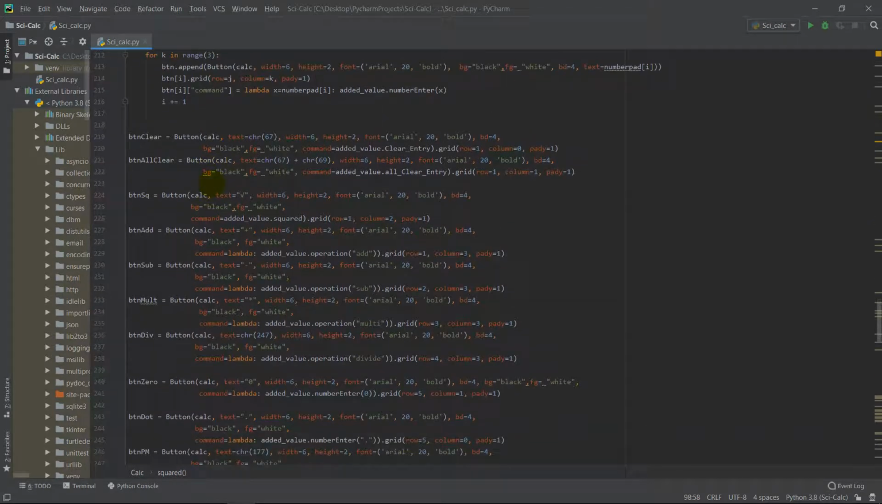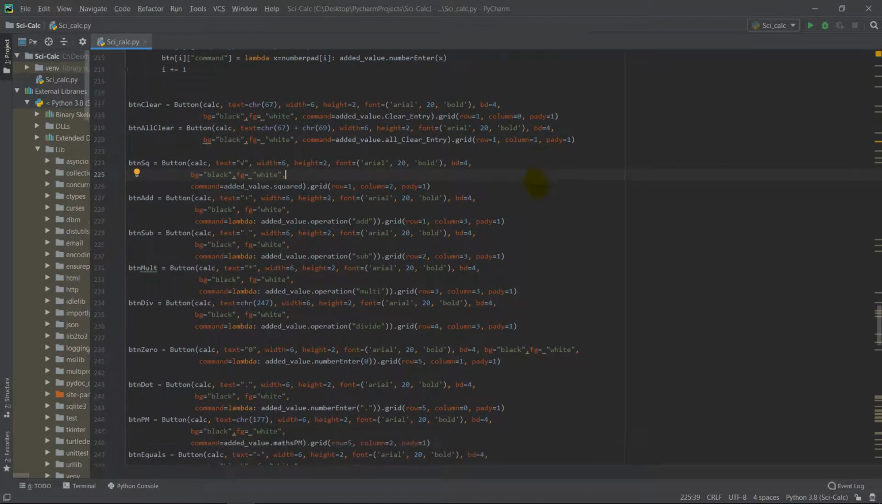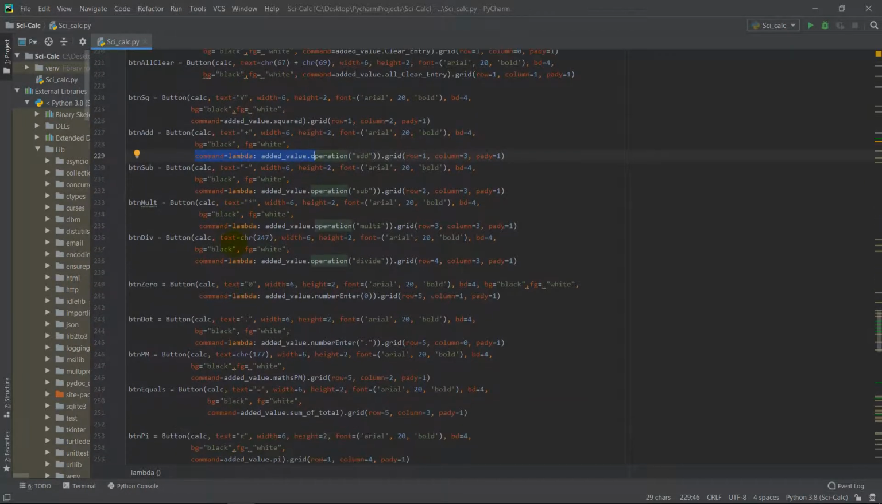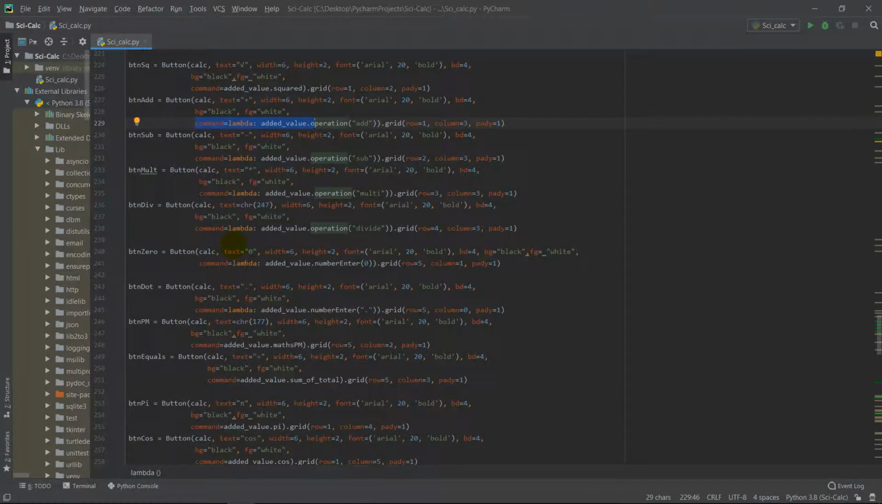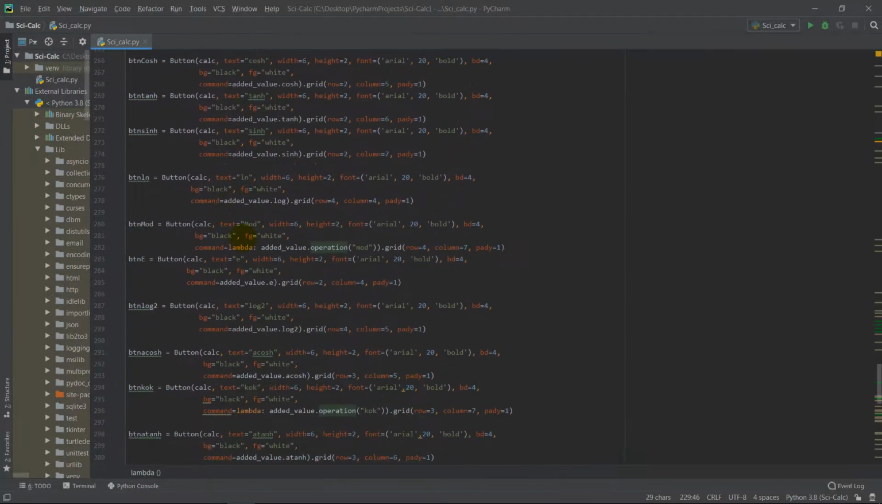And in this part, we decide the position of the buttons as rows and columns, and the font, size, and color. And here we use the lambda command because the program understands this is a basic operation, for example, multiplication or addition. For other complex operations, we don't need to use lambda. And